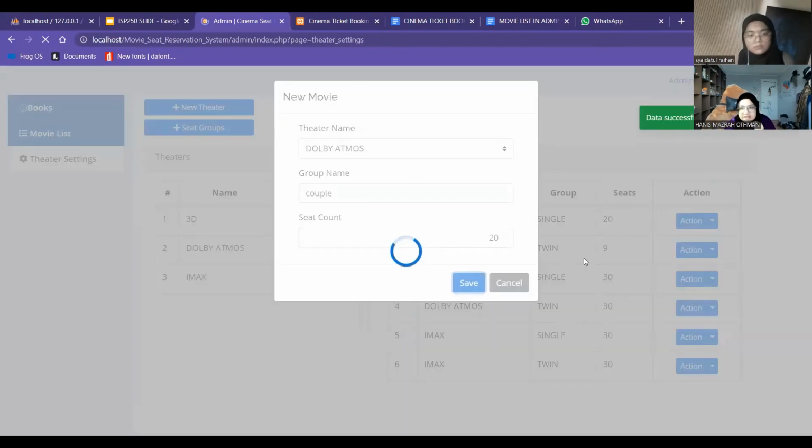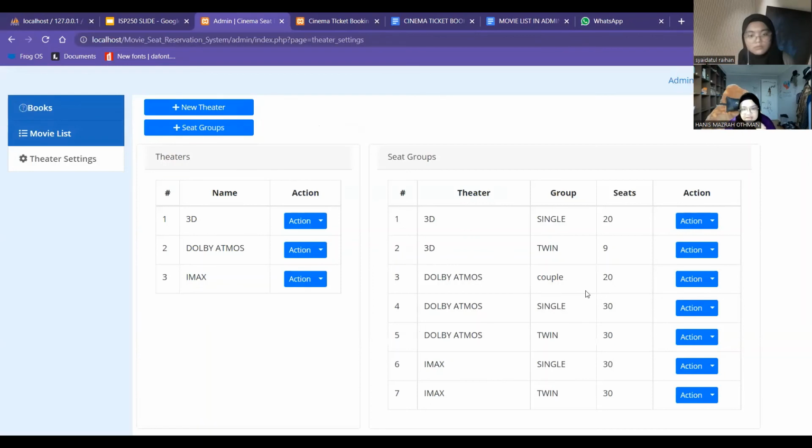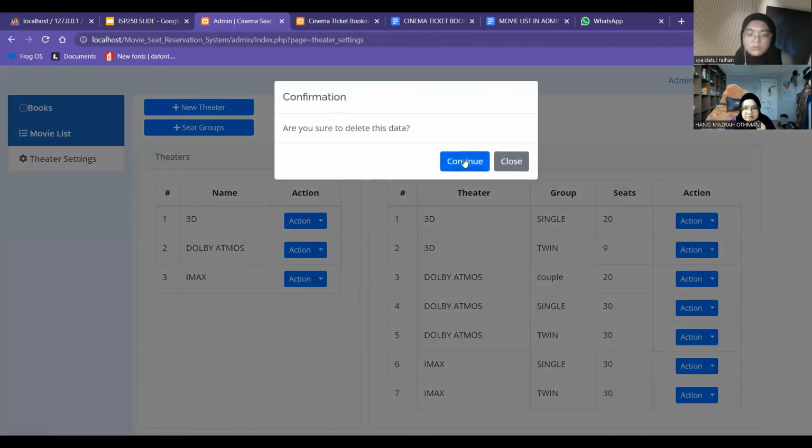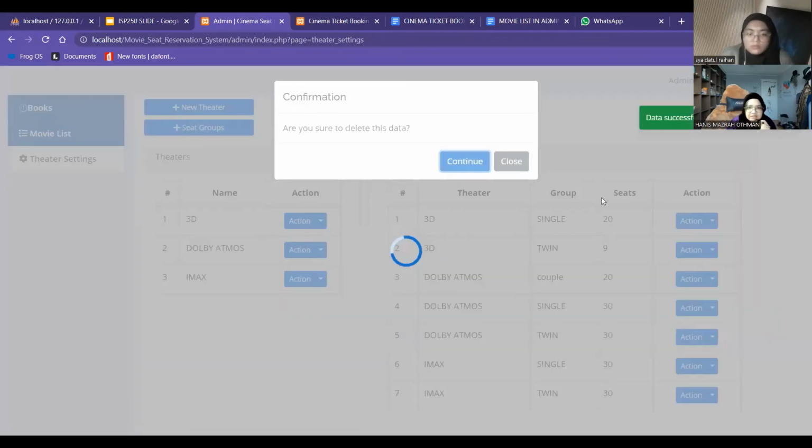Now the data has been successfully added. As you can see in the list, the admin can also delete. Continue to delete.